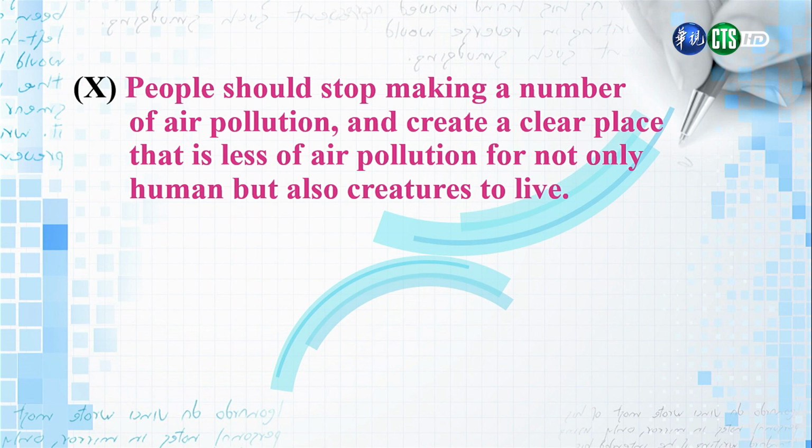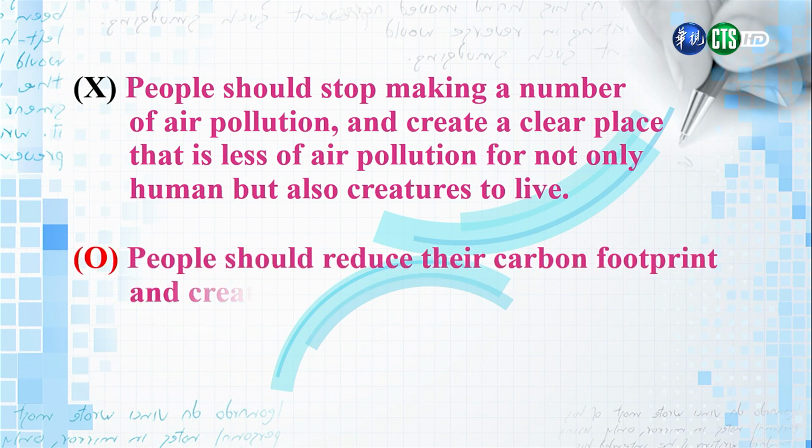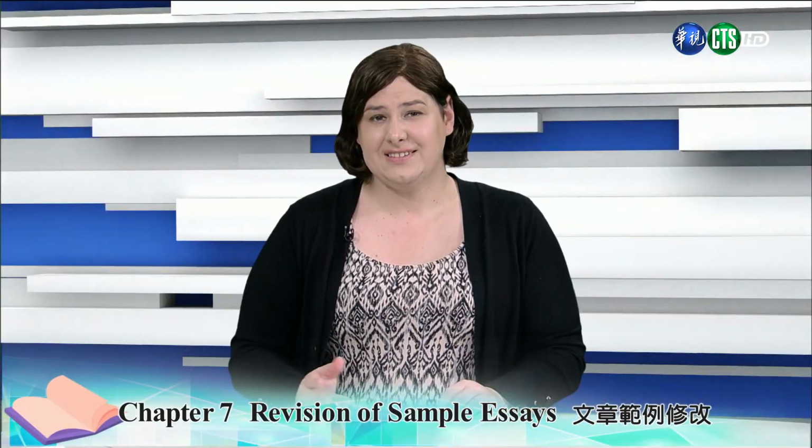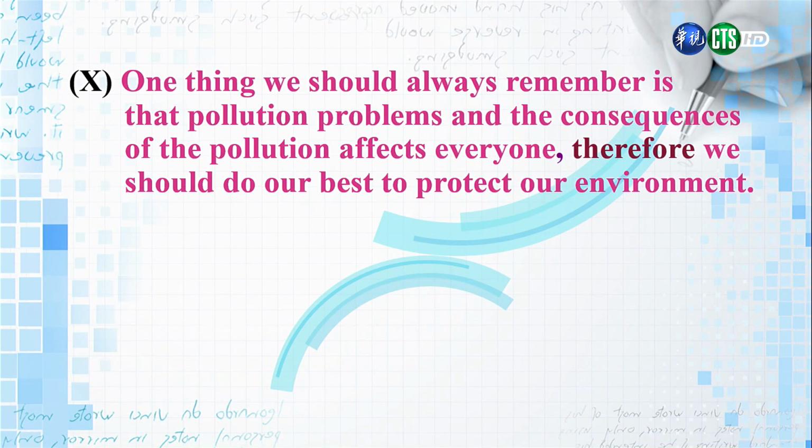第二个句子看起来有些凌乱。Yes, I think that's what the writer wanted to say is people should reduce their carbon footprint and create a world with cleaner air for not only humans, but for the creatures living here as well. 我想啊，这个作者他真的要表达的是啊，人们应该要减少碳足迹，创造呢比较干净的空气。那这个比较干净的空气呢，不仅仅是为了人类，也是为了生活在地球上的生物。那这个句子里面，我们刚才老师是把这个 stop making 改成 reduce，然后把这个不定词 to live 改成 living here，然后呢加上这个 as well，这 as well 这两个字是也的意思，通常我们会放在一个句的后面，句子它的后面加上一个 as well，就说也怎么样，那也住在这个地球上的生物。Okay, so this is much better. 这样看起来就好多了。